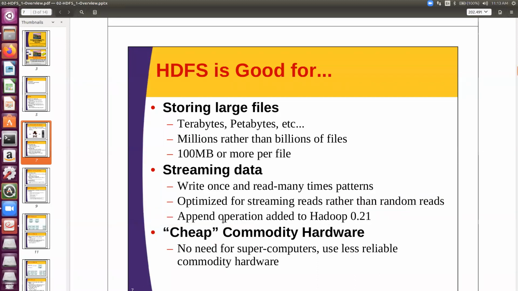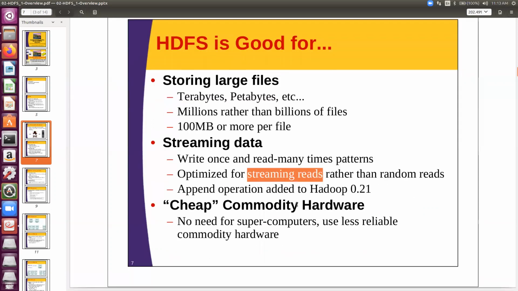All right, then there is an append operation which has been added to Hadoop, but we are interested mostly in streaming reads rather than updations. And obviously it is good whenever we have